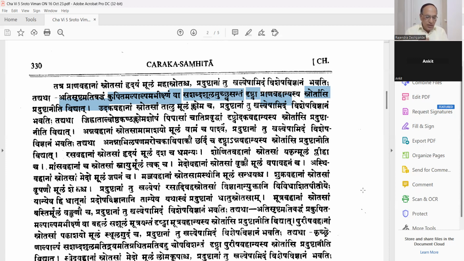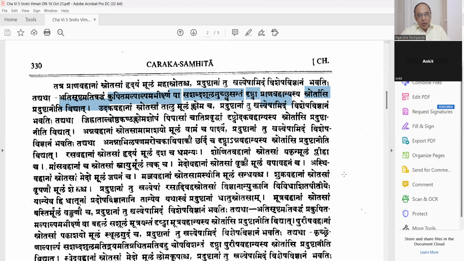Shabda Shwas. What is Shabda Shwas? Respiration associated with different sounds. For example, there may be a wheezing sound. This is a feature of bronchial asthma. There may be Vataja dhvani, that is rhonchi. There may be Kaphaja dhvani, that is called rales. So if you hear these different sounds by auscultation with a stethoscope, that is called an adventitious sound, and that is Sa Shabda Shwas.